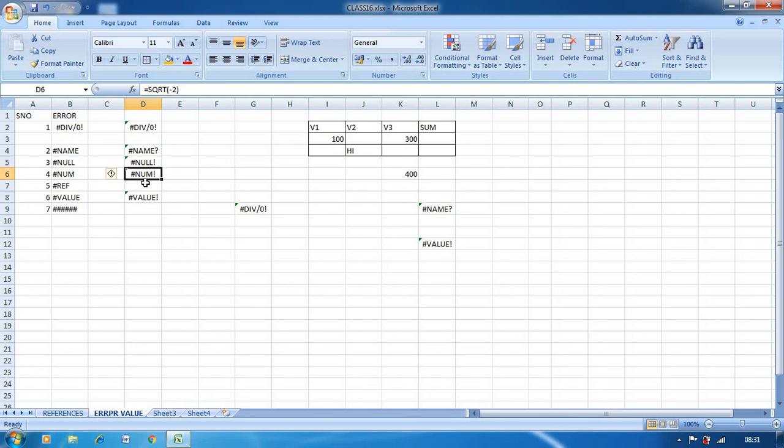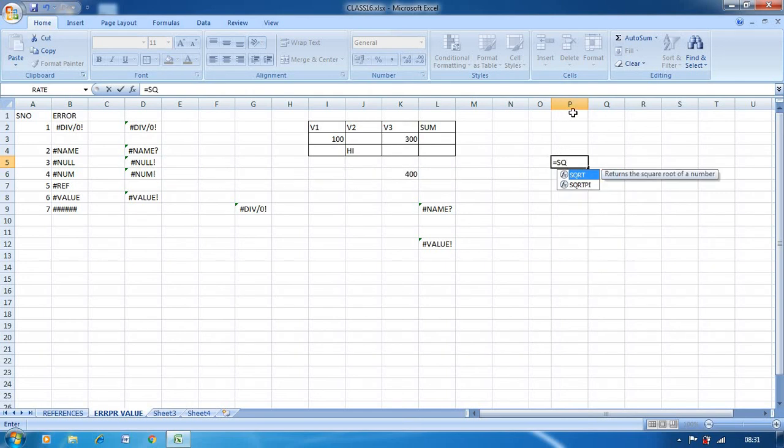Next one is #NUM!. It comes when a formula has invalid numeric data for the type of operation. Here I use the function SQRT, which is used to find the square root of a particular number. So here I will use equal to SQRT of 100.